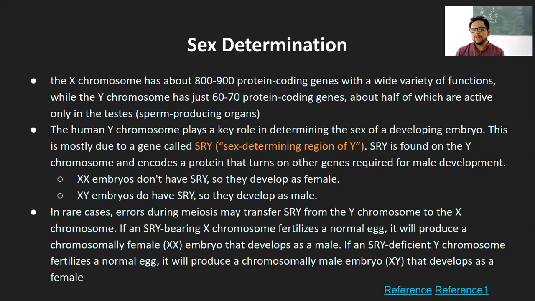That is totally dependent on this small piece of gene which is called the SRY gene. This refers to the sex determining region of Y, that is what SRY is, the sex determining region of the Y chromosome. That is the gene which will decide the sex of the child. So if it is present, it will be a male child. If it is not present, or if that Y is not present, it will obviously be a female child. But there is a twist. XX embryos don't have the SRY gene, so they will develop as female. XY embryos have SRY, so they will develop as male.